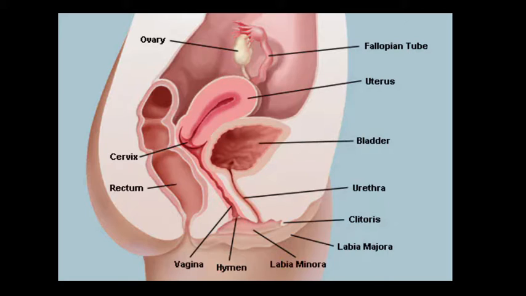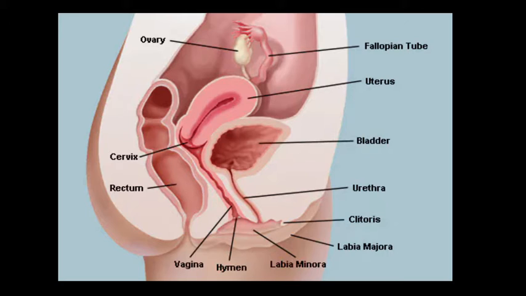Next is the fallopian tube. We also call it the oviduct. The fallopian tube is the site of fertilization, and the main site where sperm and egg get close to each other and fertilize is the ampulla-isthmus junction. We will also discuss it in the next part. Next there is the uterus, where the fetus develops, and it is also called the womb.